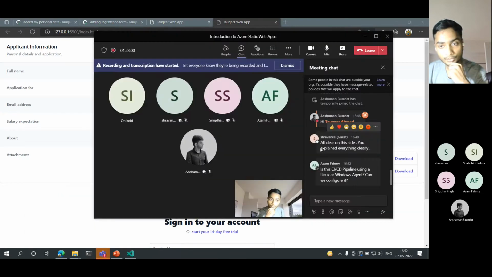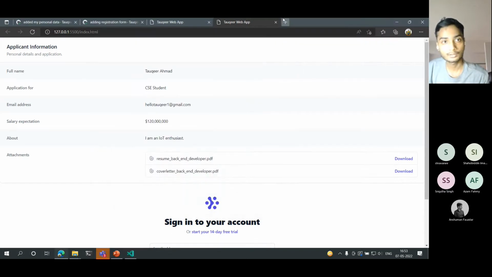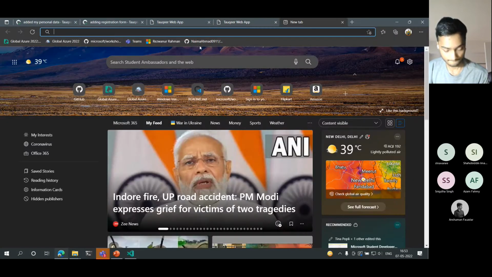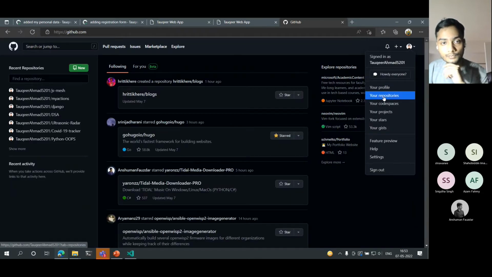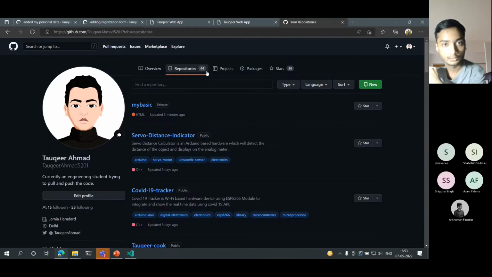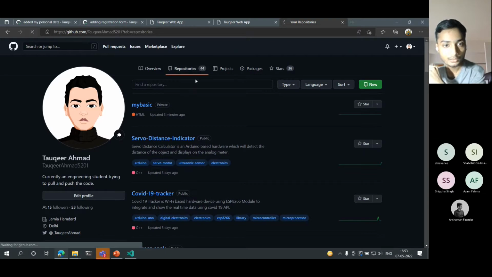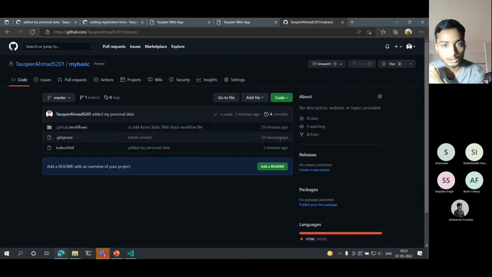And if anyone of you has a doubt, is this CI/CD using a Linux or Windows agent? Can you configure it? Yes, you can configure it. Let me go to my repository, my basic, and actions.